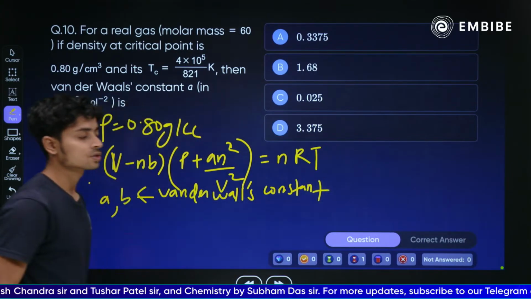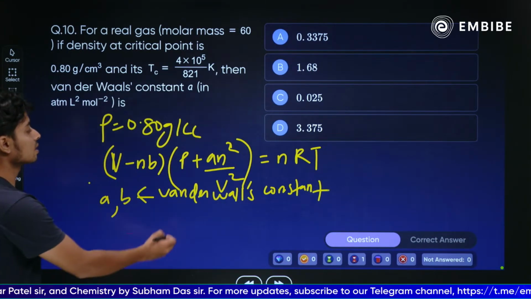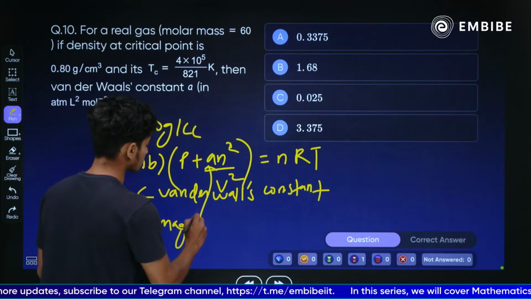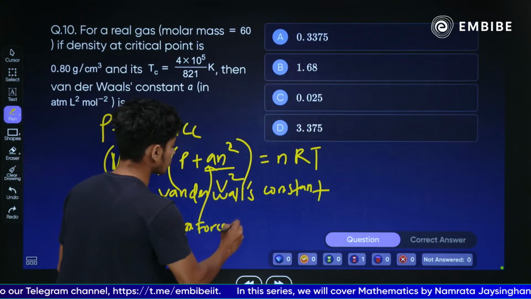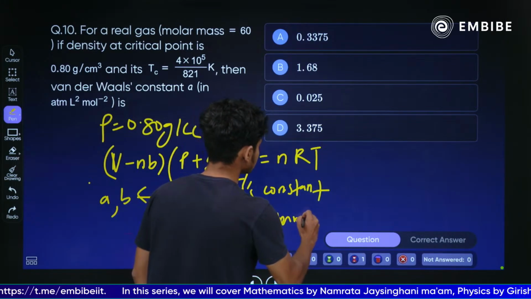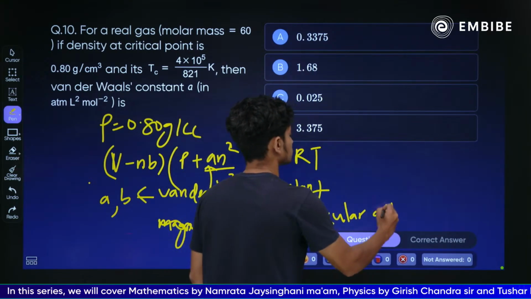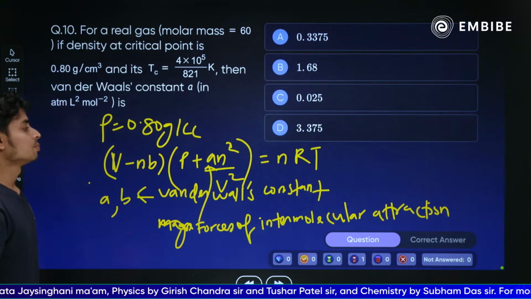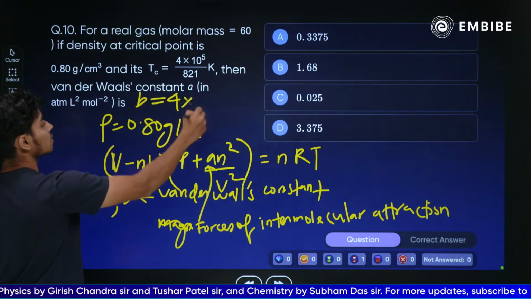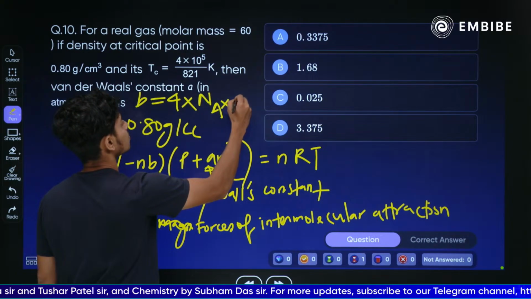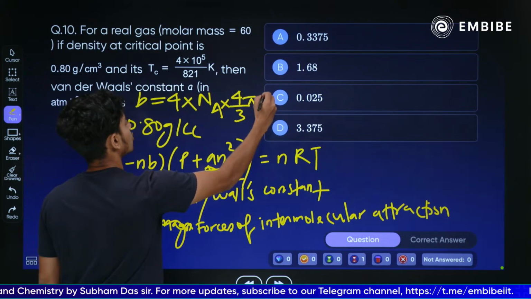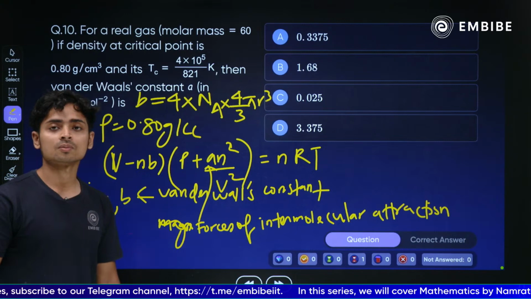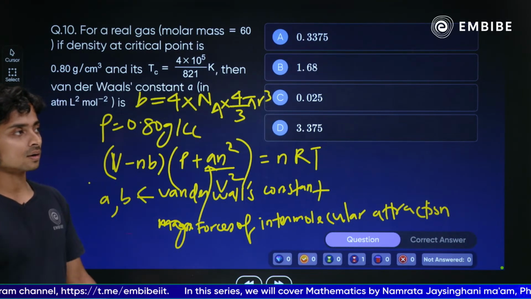ए आपका मैग्नीट्यूड ऑफ इंटरमोलिकुलर फोर्सेस ऑफ अट्रैक्शन देता है, ठीक है। यहाँ एन होता है नंबर ऑफ मोल्स। ए फोर्सेस ऑफ इंटरमोलिकुलर अट्रैक्शन को बेसिकली इंडिकेट करता है। तो ए का वैल्यू तब जीरो होता है जब आप अज्यूम करोगे देयर इज नो इंटरमोलिकुलर फोर्स ऑफ अट्रैक्शन बिटवीन द मॉलिक्यूल्स। तो बी का वैल्यू क्या देता है, बी इज कॉल्ड ए मोलर वॉल्यूम, 4 इंटू एन ए इंटू 4/3 पाई आर क्यूब, जहाँ एन ए एवोगाड्रोस कांस्टेंट है। तो आप अज्यूम करोगे आपका मॉलिक्यूल एक स्पीयर है, जिसका आर रेडियस है। ये आपका मोलर वॉल्यूम है, मतलब ये वॉल्यूम ऑफ द गैस, मोल ऑफ गैस बेसिकली आपको देता है।